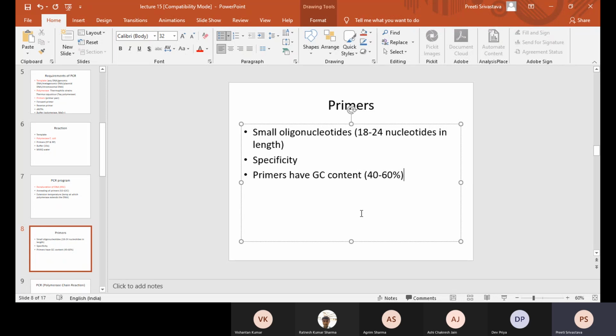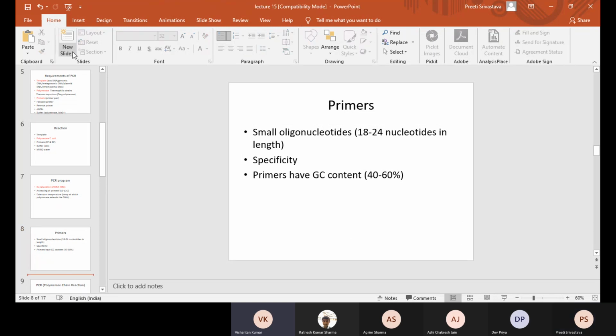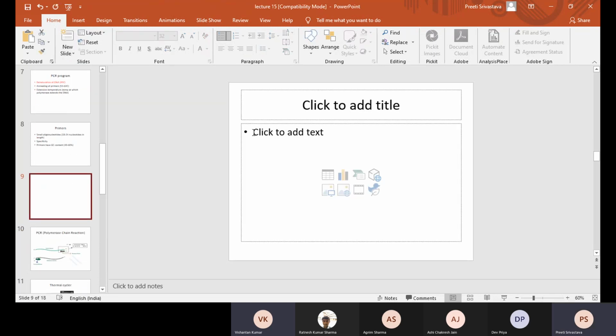But many times when you just want to check whether the gene is present or not, in such cases you can select a region which is going to give you better amplification, where the primer binding is better. Yes, ma'am. So, for example, if you want to select a specific gene and the regions surrounding it have a very high GC content where the primer would bind, then obviously the primer would have a high GC content as well, right?